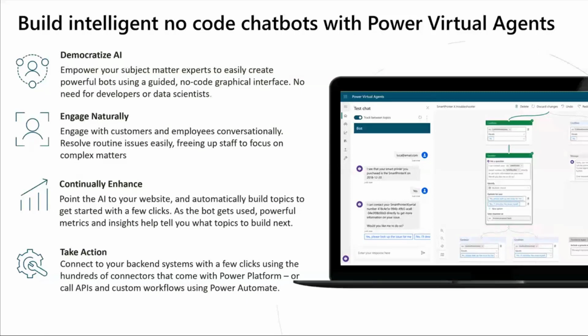So let's briefly look at what these are and how they can benefit you. The first main idea behind Power Virtual Agents is that we're looking to democratize AI. On the right, and I'll share a demo of all of this, you've got a low-code or no-code graphical interface where you can create a conversational flow with a chatbot. The idea is that if you're a subject matter expert or a data scientist inside an org who wants to create a particular chatbot,